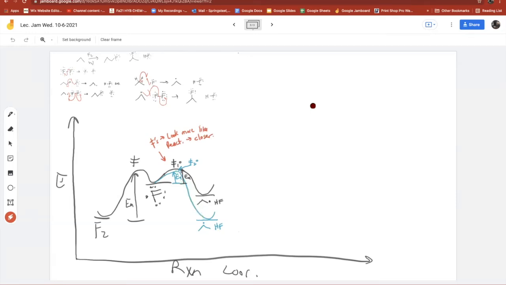Let's draw the transition states. So the primary transition state, it's going to look like this. It's got the carbon with the hydrogen just starting to break away. It's early on in the conveyor belt, and the fluorine super far away. I'm going to try to really exaggerate it. Okay. Whereas the secondary transition state looks like this. Hydrogen is just leaving that carbon. Fluorine is really far away.